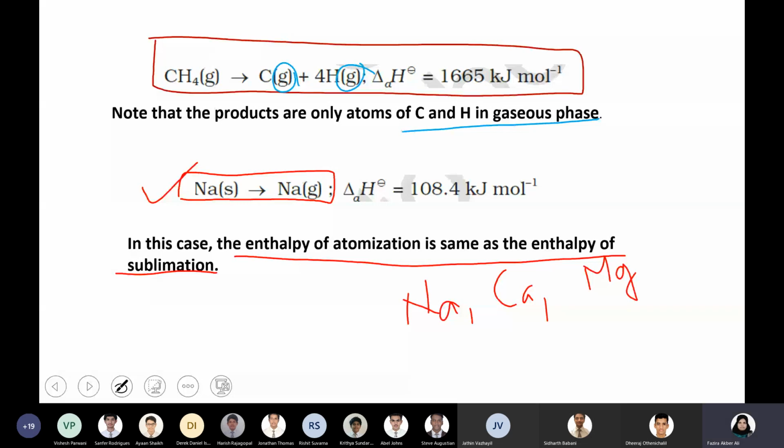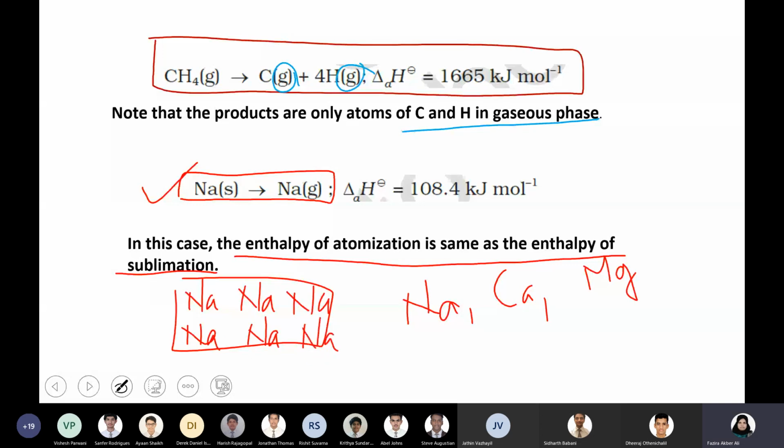The question is how much energy changes to break the bonds, because in the lattice of sodium the interaction is metallic bonding. The atoms of sodium are arranged in a regular lattice, right? So these atoms are not free in the solid state. As per the metallic bonding, there are thousands of millions of atoms joined in a lattice with a strong force of attraction. So during atomization here, they are breaking the interaction between the atoms in the lattice and converting it to sodium gas, or any metal in the gaseous state. That is what atomization is for those kinds of metals.